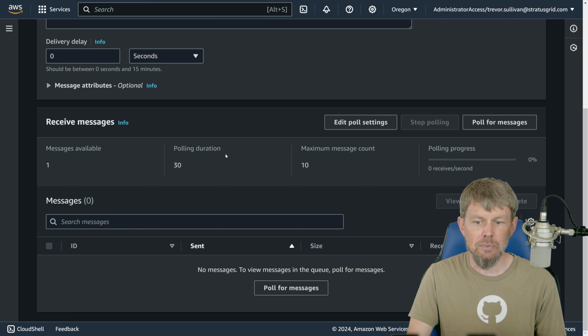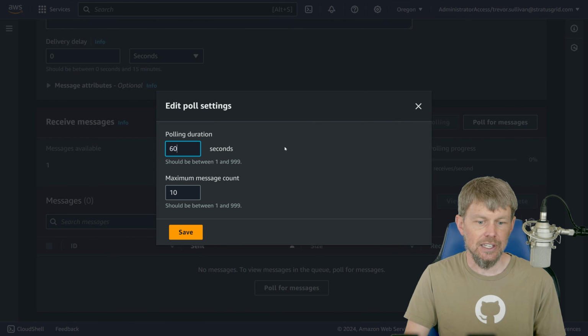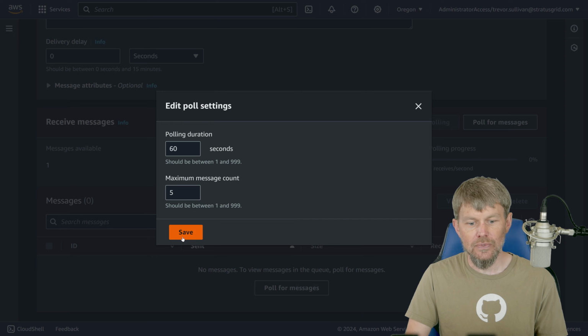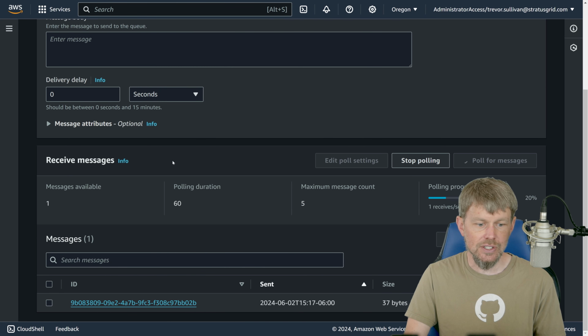But under receive messages, you can see it says messages available is 1. And so what we can do is say edit poll settings. I'm going to poll for, let's say, up to 60 seconds, and I'll return up to 5 messages per poll. And so I'll click on poll for messages, and we only have 1 message available, so that's what shows up